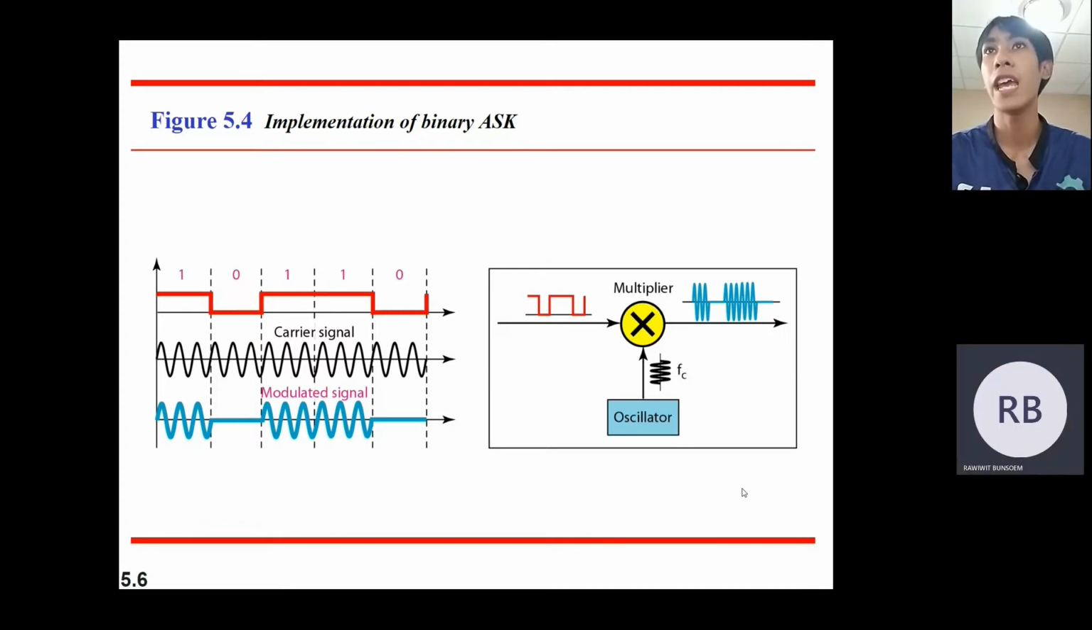Implementation of binary ASK. Look at the picture. The wave is 10001 at the carrier signal. In the modulated signal, at bit 1 the amplitude is changed, and bit 0 is not changed. The next,